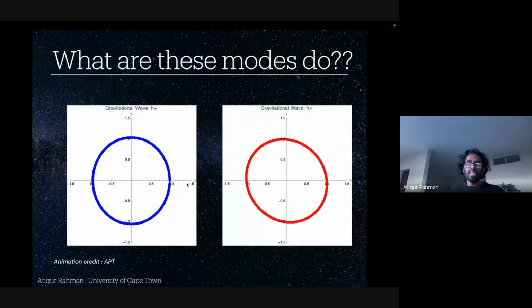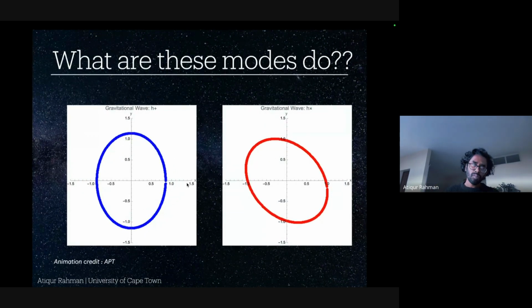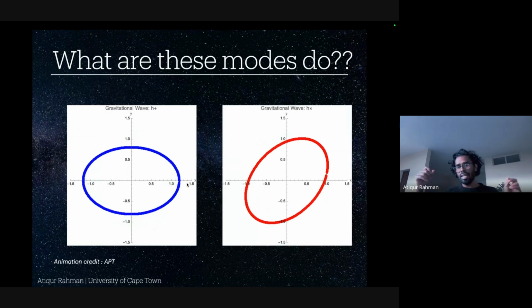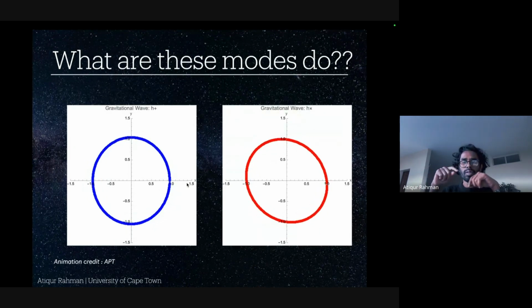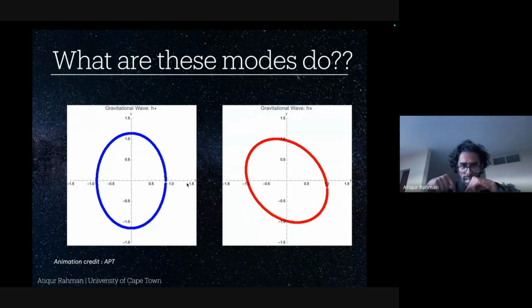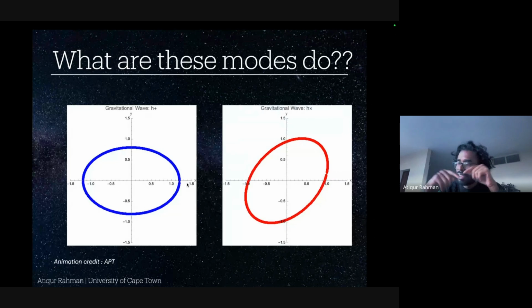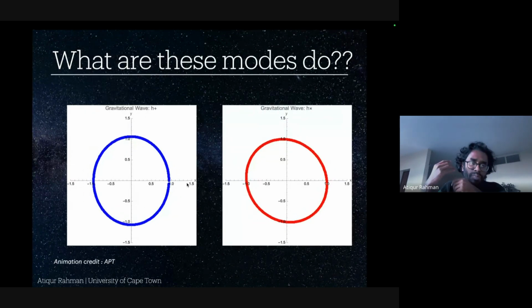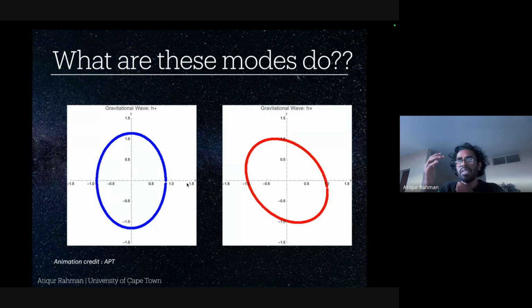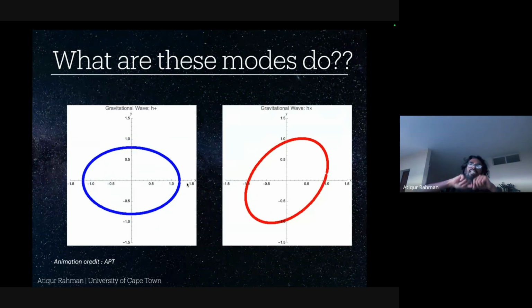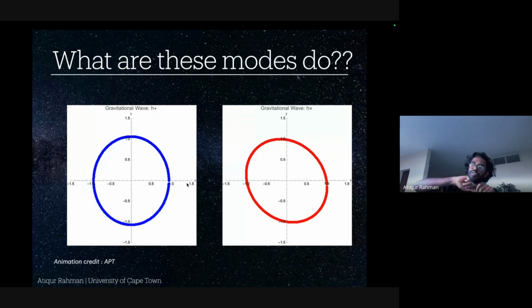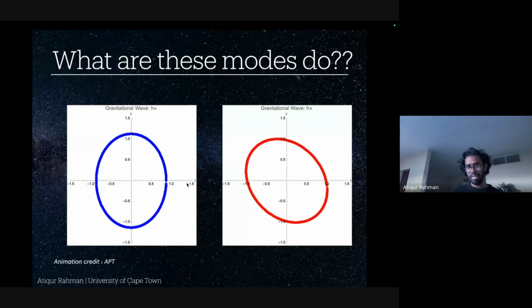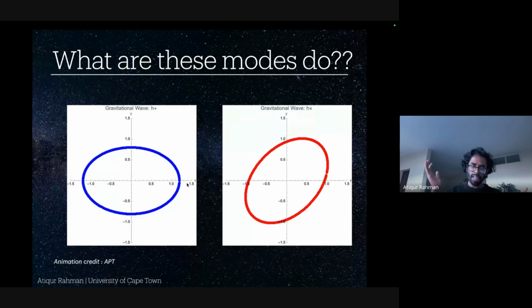Now, I want to show you what this H plus and H cross polarization modes do. So here you can see that the H plus and H cross are evolving with time. So this ring of blue or red dots, what are they representing? They represent a unit circle of some mass distribution. Let's say all the masses are the same, and